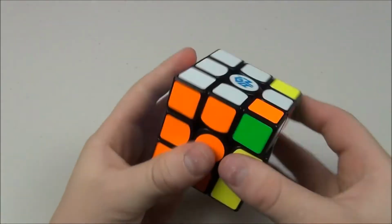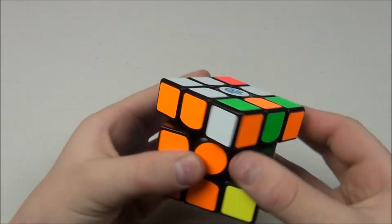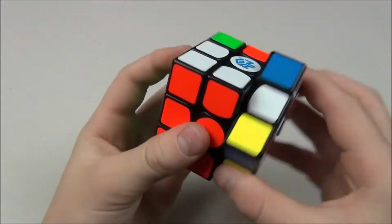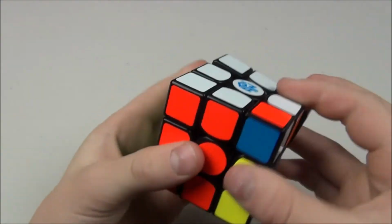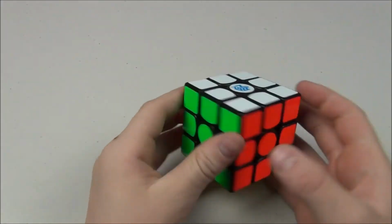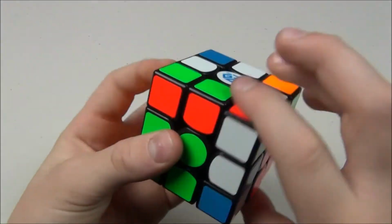Oh, that is just so much better. It still has its quick, buttery smooth feeling with that extra added layer of stability. So although the stability is still greatly improved, catching still seems to be quite of an issue. Although, I don't really know if that's going to prevent this from becoming my main, because just the feeling of it, and especially when turning it quickly,